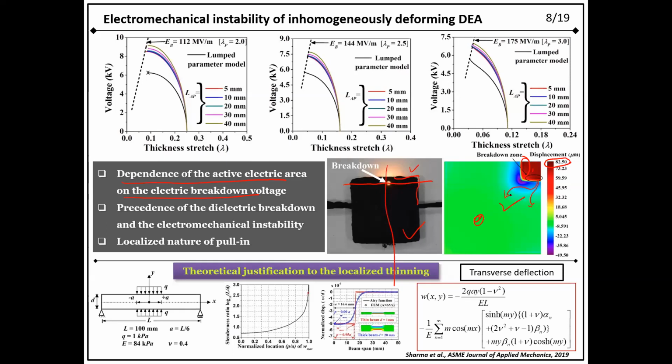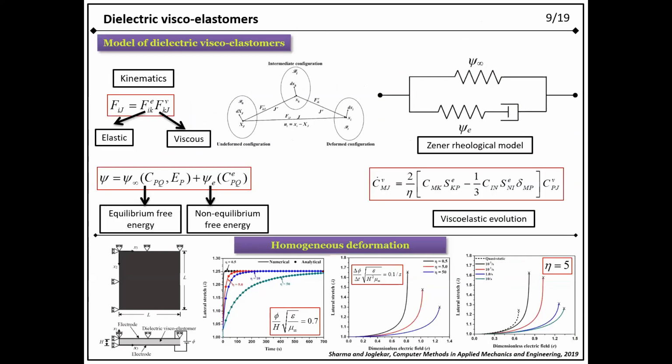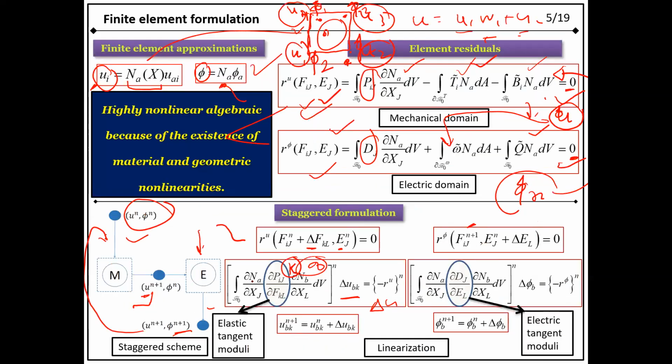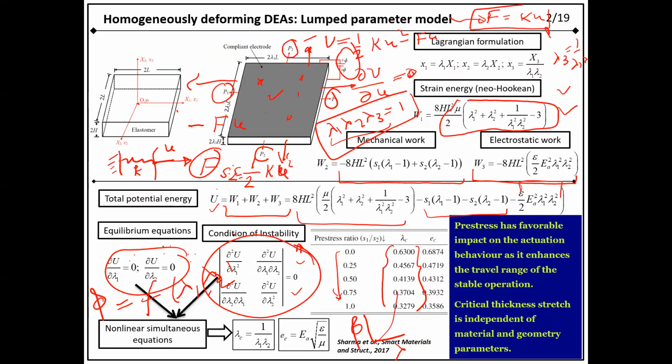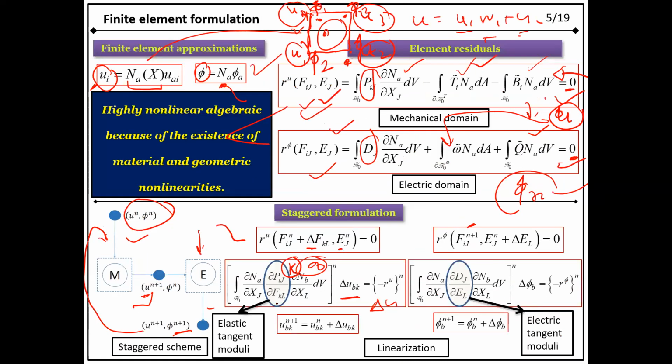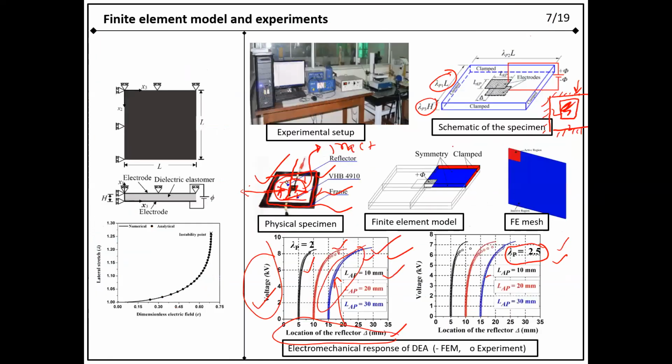By using such a finite element model we can also capture the location of the failure, but it is not possible with the model that I discussed earlier. There the deformation at each and every point was considered the same, so we cannot identify the location. But if we utilize the finite element method or such a numerical scheme, we can also obtain the location of the breakdown.